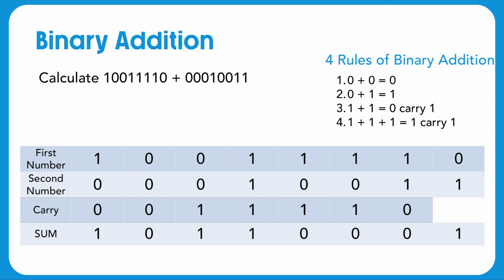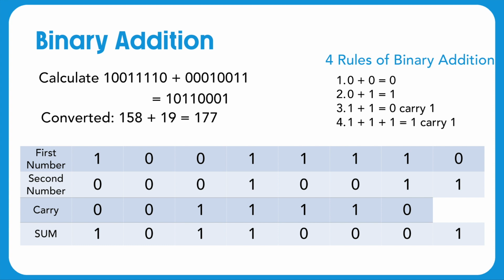Therefore, the binary addition of 100111110 plus 000100011 is equal to 10110001. If you've got time in the exam, I'd always recommend converting these 3 numbers back to denary to check that you've got the right answer. In this case, the question's asking us to calculate 158 plus 19. We've got an answer of 177, which is what 158 plus 19 equals,